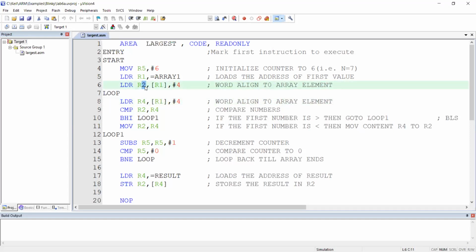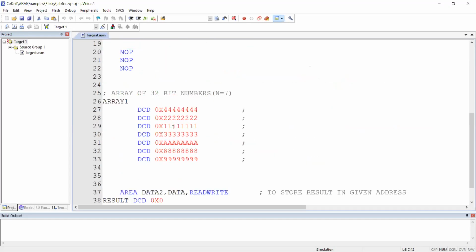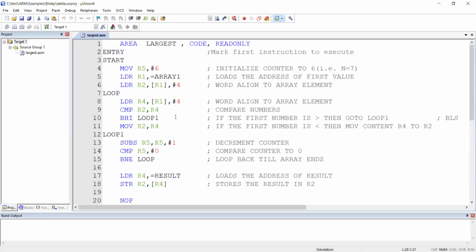This time R2 is the first number, R4 is the second number. You can see R2 is 4, R2 consists of 4 and R4 consists of 2 in the beginning part. Okay, I will compare R2 and R4. Now is the statement here. Just I will go for comparison. How it should be compared, whether highest or lowest, we have to decide based upon the 10th line.